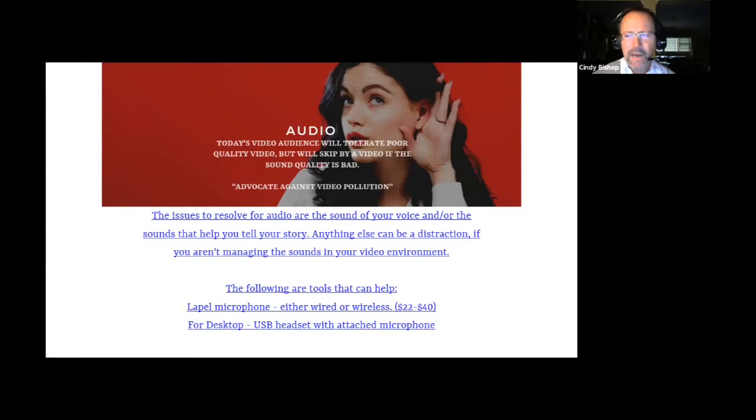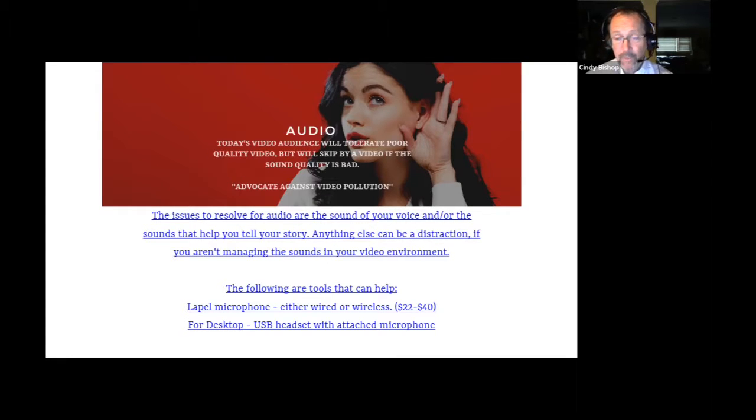The other thing to think about, folks, and you see me wearing it right now, is this headset that I've got on. This is a USB headset with an attached microphone. Oh, you know what? I forgot to put the price on here. This particular one, I spent $28 for this thing. Okay, no, actually it was $18. And what this does is allow me to talk to you like I am right now, okay? I can hear well,